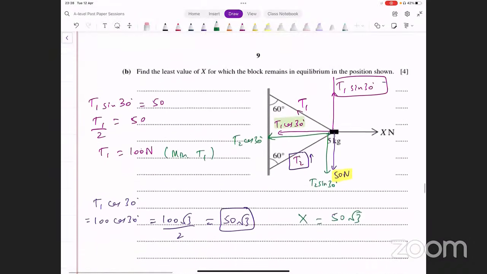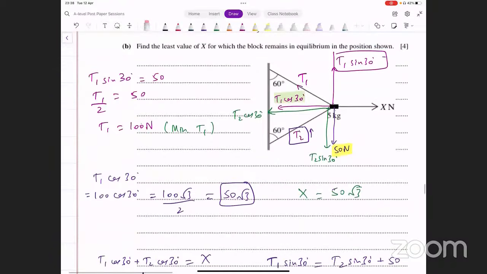Okay. Yes, Fazan, that's correct. T2 is only needed to balance this X Newton force. लेकिन T1 के दो काम है। T1 इसको भी बैलेंस कर रही है, X न्यूटन को भी, लेकिन वेट को भी बैलेंस कर रही है। तो हम क्या कर रहे हैं यहाँ पे, हम कह रहे हैं कि अच्छा, since we want X to be